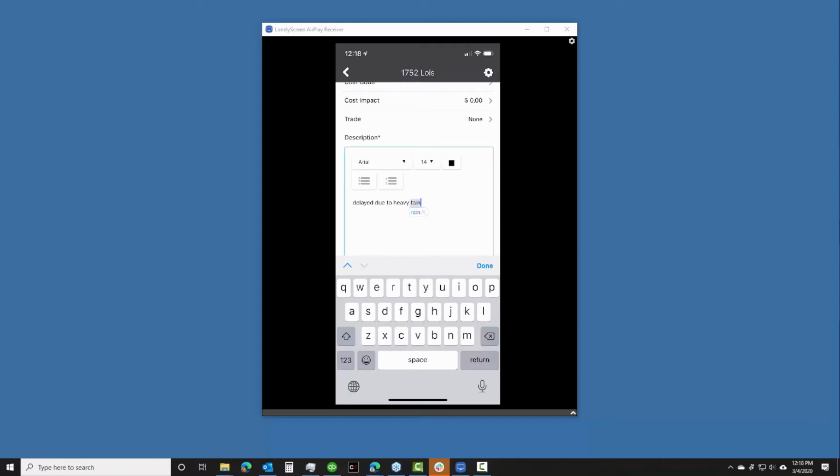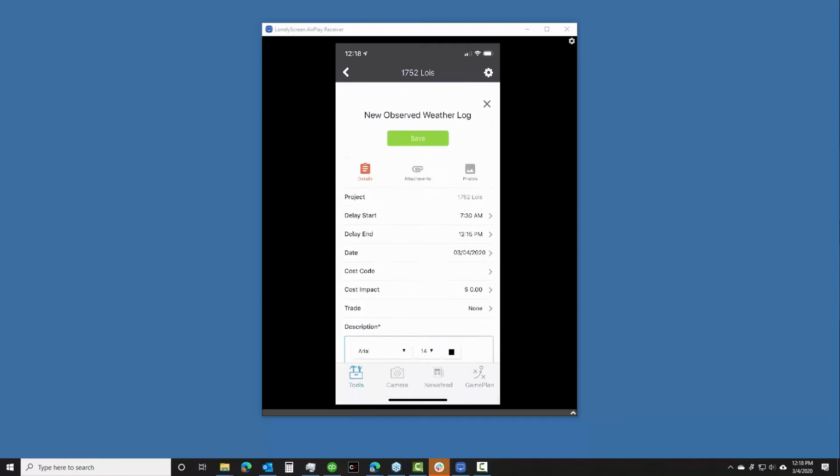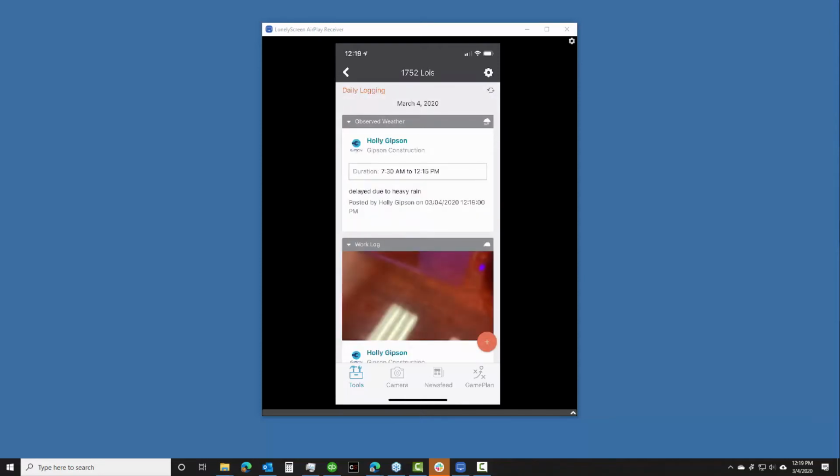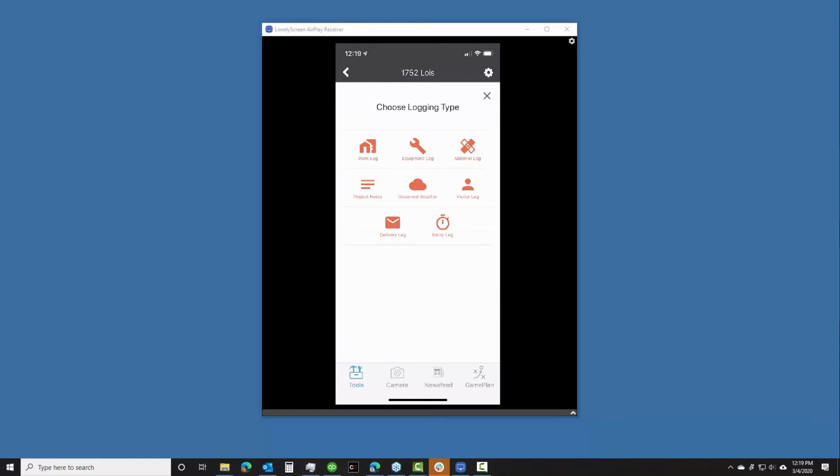So we'll get that note in. Thank goodness for autocorrect, right? And then we'll just save that. So now we have a new type of log entered. And so you would be able to do the same thing throughout the day for